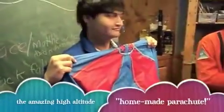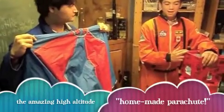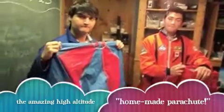We also have a 5-foot diameter parachute, which is entirely homemade. To launch our capsule, we used a 1,200 gram weather balloon filled with 300 cubic feet of helium. Both the parachute and balloon were rated for under 100,000 feet of altitude, which we reached. Great. And what